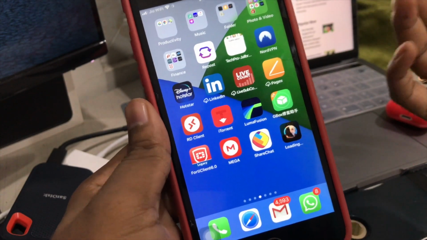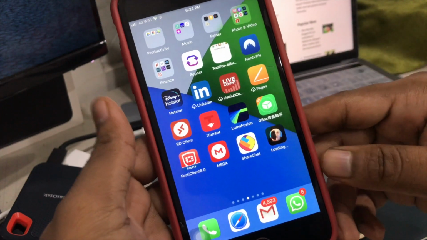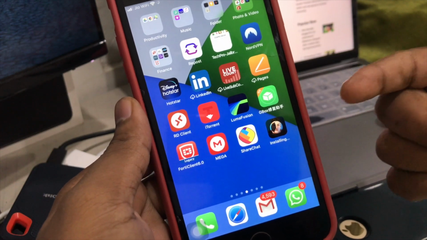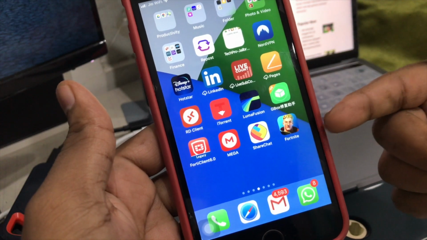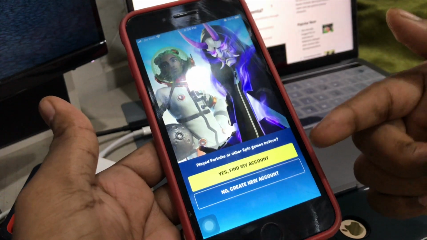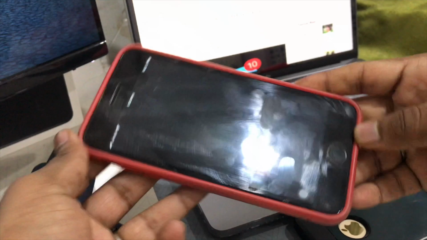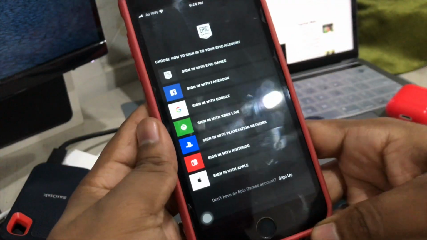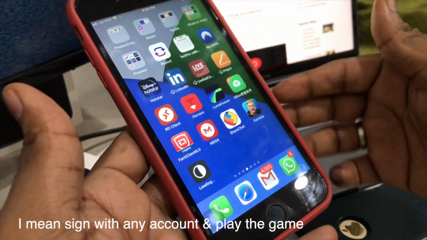I don't know if that will work or not. Right now it might be working, but you can try that out. This only works when you have already installed it. I got lucky, I already installed this on my device. So as you can see, Fortnite has been installed. Just create your account and you can play the game. If you have signed in with any one of these accounts, go ahead and install it with that.